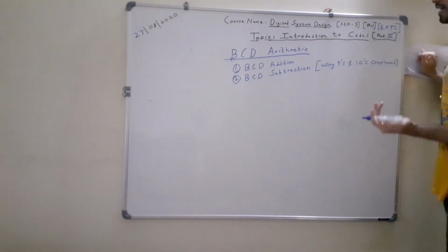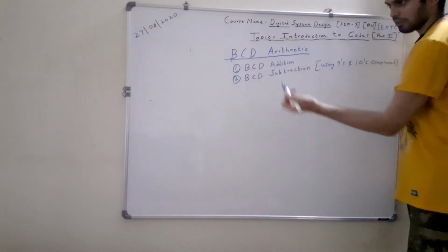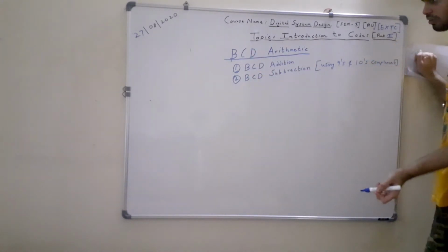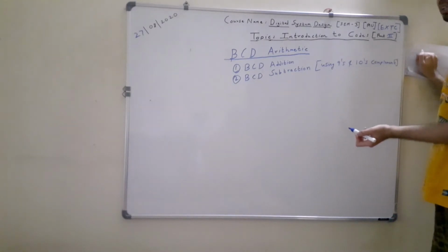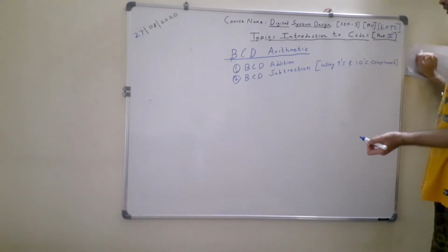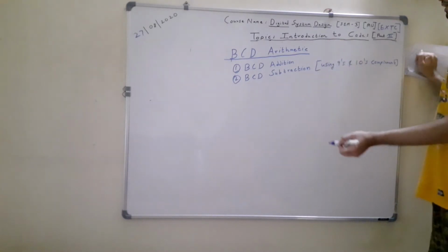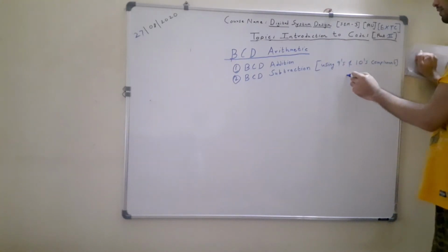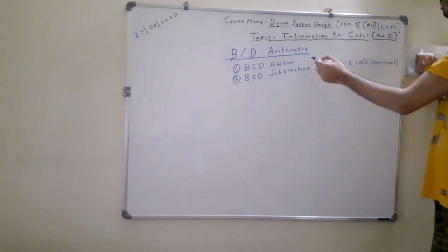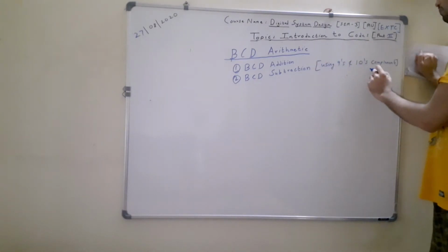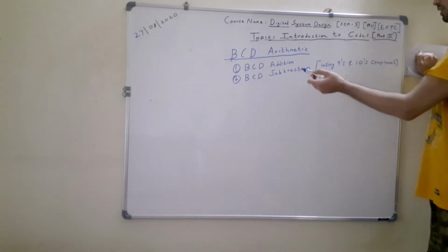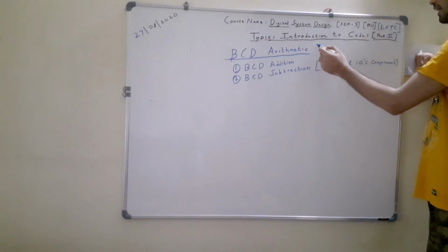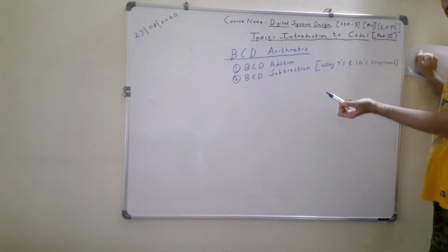In the last class, when I was discussing the disadvantages of binary coded decimal code, I told you that BCD arithmetic is slightly more cumbersome than our normal binary arithmetic. So that was a shortcoming of BCD code. After this lecture you will understand why it is a shortcoming. Although it is very simple, it is a bit of a lengthy process. That's why it is cumbersome, and we say BCD arithmetic is a little more difficult than binary arithmetic. That's why it was a disadvantage.